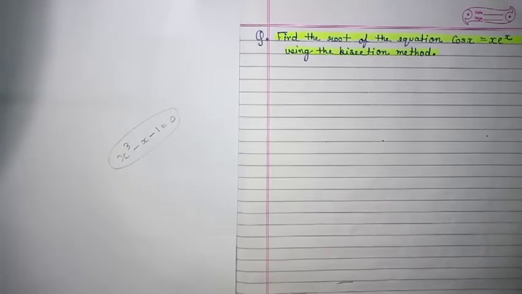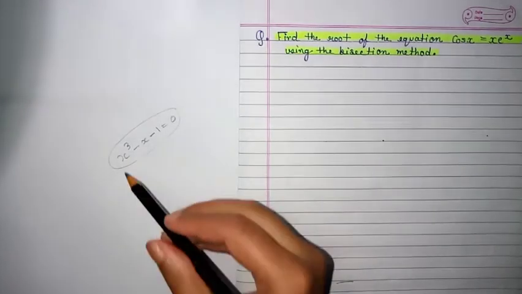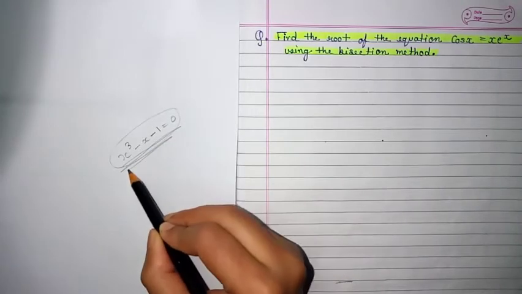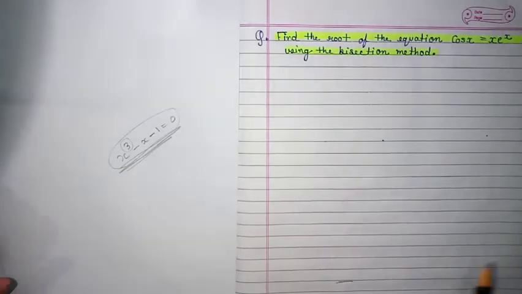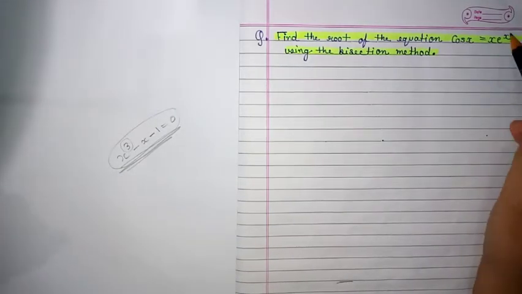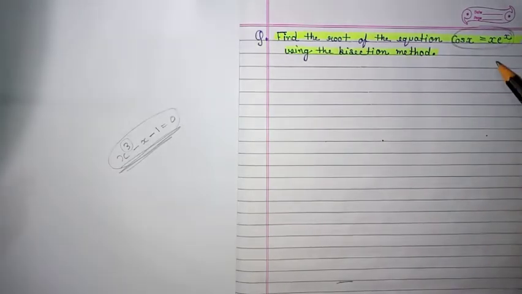In last class we studied the bisection method and how to solve an algebraic equation, a polynomial of degree n, with its help. Today I am going to give you one example in which there is a transcendental equation. As I explained earlier, a transcendental equation contains trigonometric, logarithmic or exponential functions. We will solve this with the bisection method to get the answer. Those who have not understood the method properly, please be careful about the steps in this method.